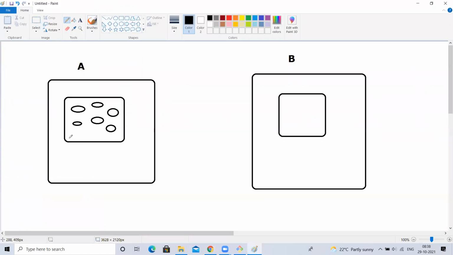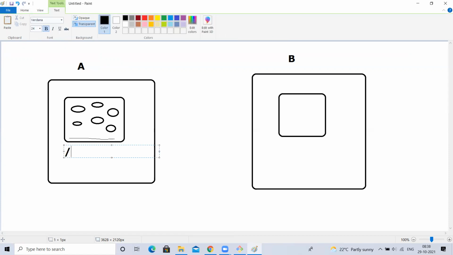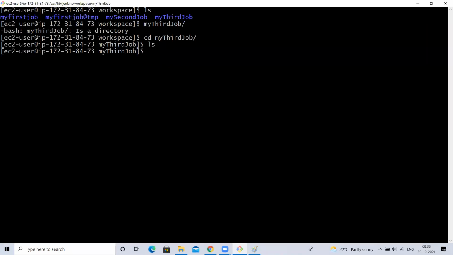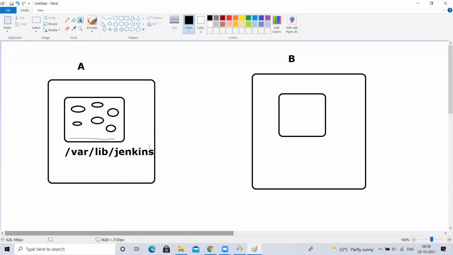Now tell me, when I install Jenkins, what is the Jenkins home directory? /var/lib/jenkins. So what will be present inside it? All jobs will be present in this. All the Jenkins information, like how many jobs there are, those job details, passwords, configurations, secrets, password secret, everything is there, right?